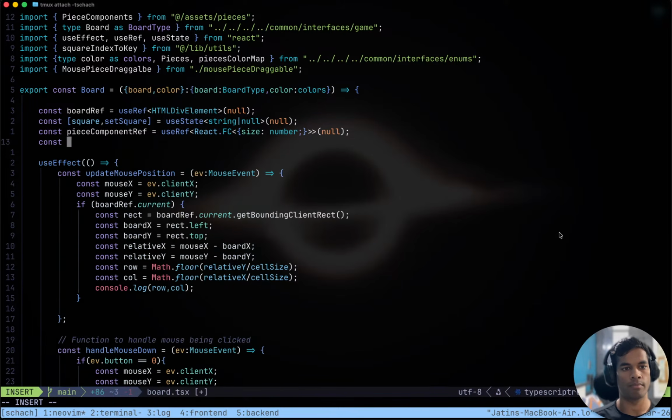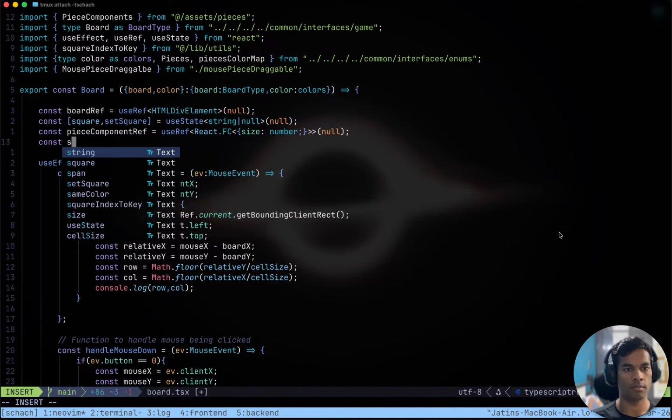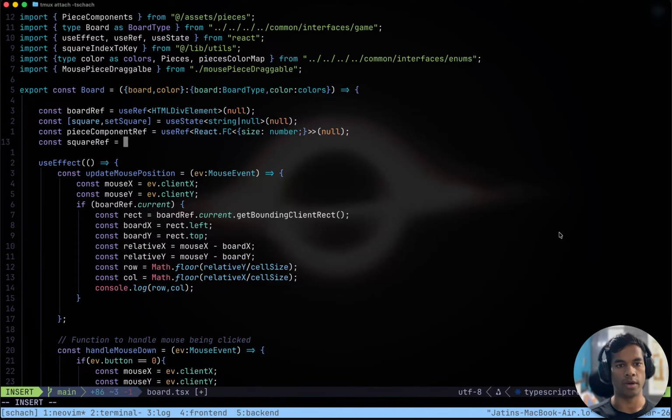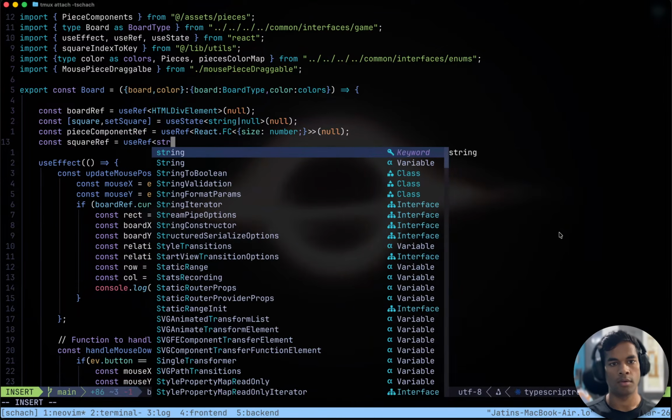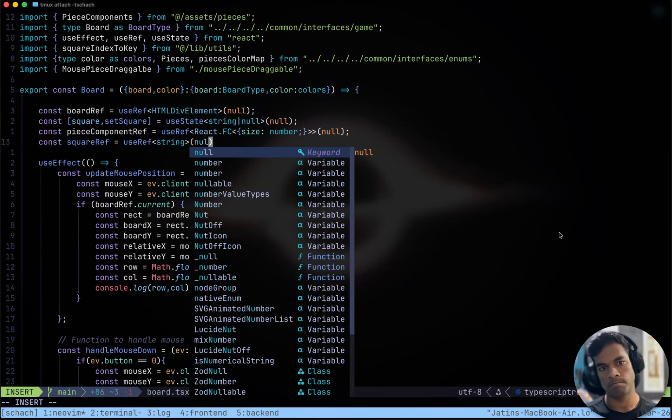Const square ref use ref string, initially null.